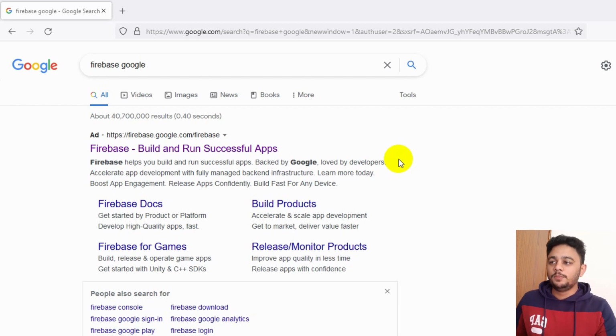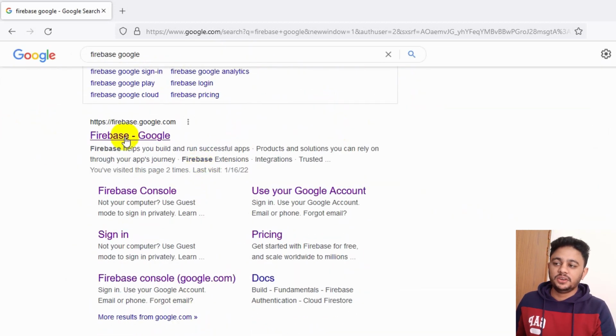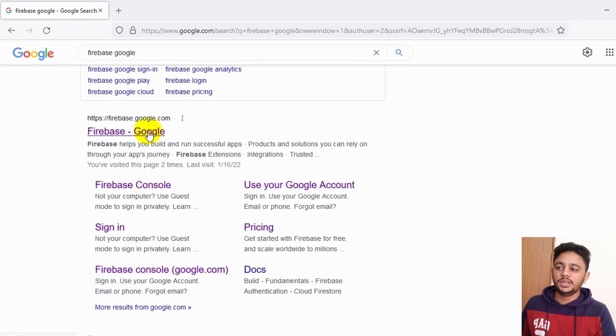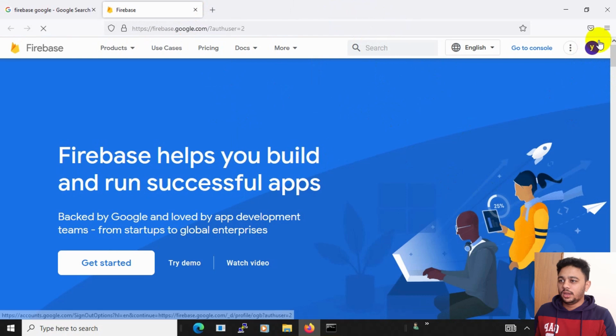So first of all, you have to search for Firebase Google, and then you will just go to this link. Here you can see Firebase Google. Just click on it and then it will take you to this page. Here you can see my email, and we'll just directly go to this pricing section. Just click on this pricing,